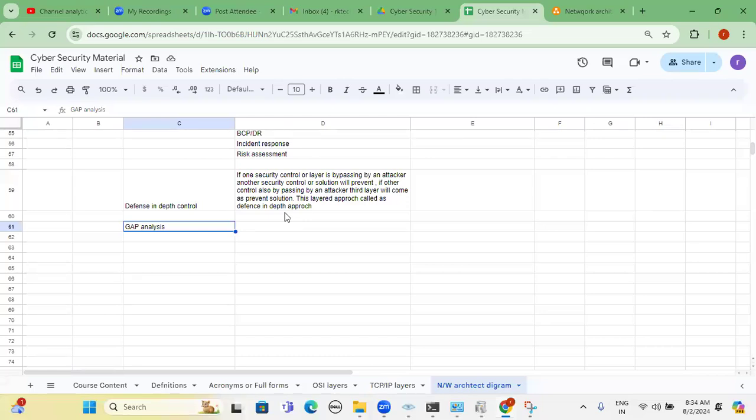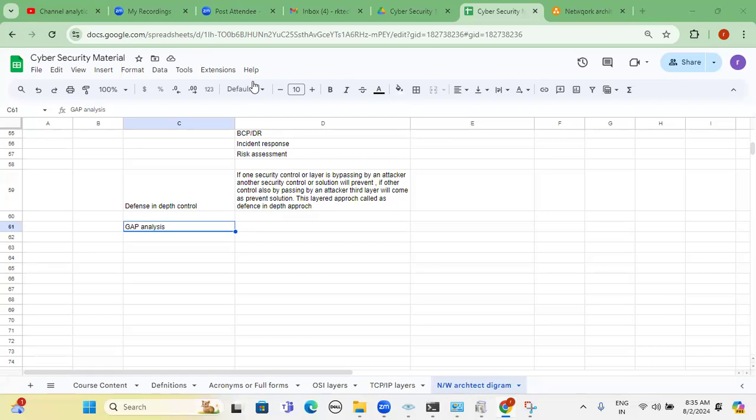I will do the assessment, and according to whatever missing things are there, I can implement them in a short span of 3 months, or 6 months, or maybe 1 year. According to the gaps I identified, I can analyze and implement the respective security solution. That particular analysis we can call gap assessment. So in simple words, how can we define this? What is the current state of the